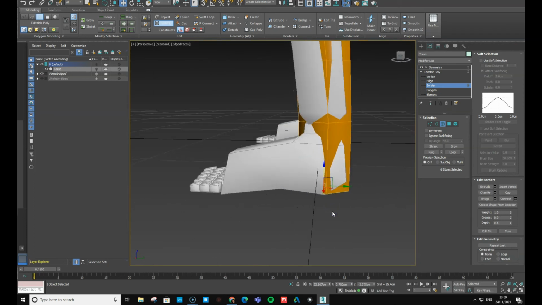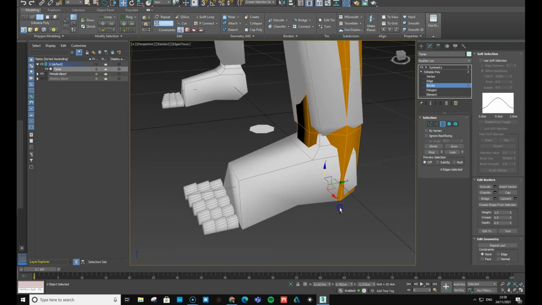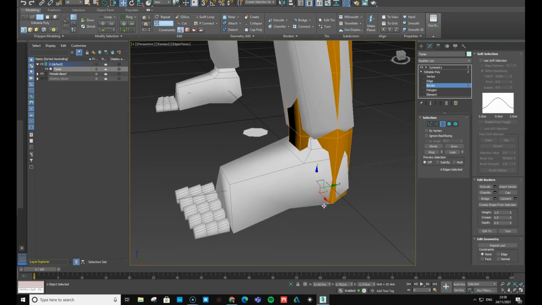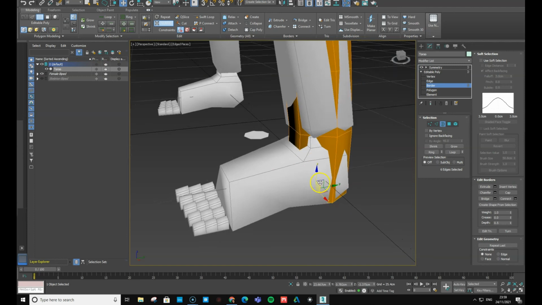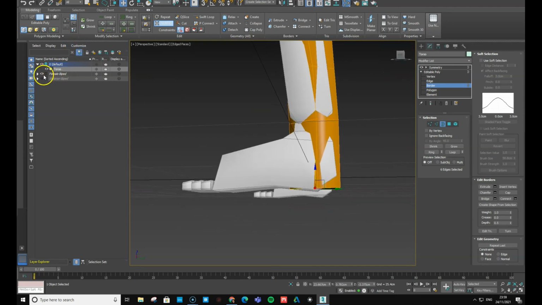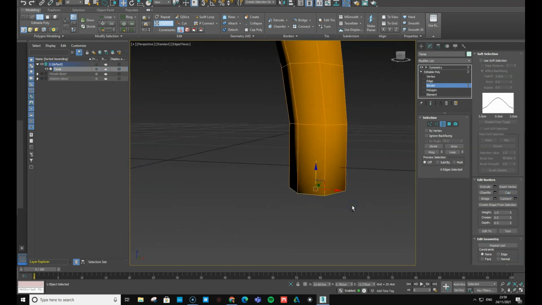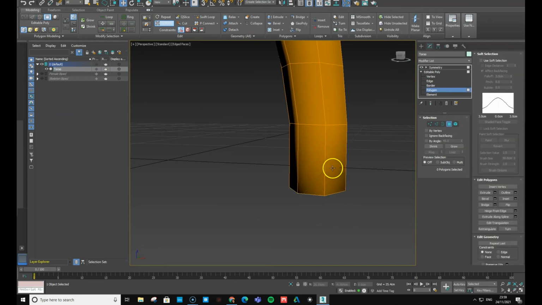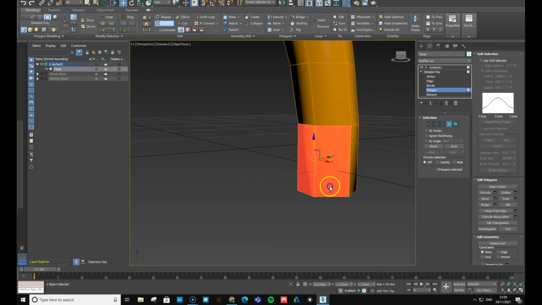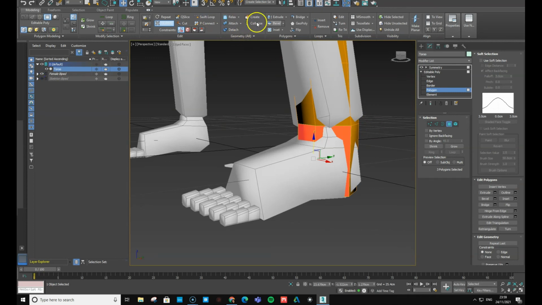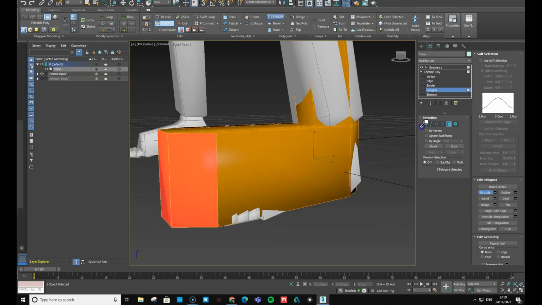Just because it's getting on a bit, and well, you can refine it if you really want to later. Anyway, here we go. That's pretty much the right height, so let's just turn the biped off for a second. Just going to cap that, and then I'm going to go to the sub-object polygon level, take 1, 2, 3 polys, and I'm going to extrude those, but again I'll put the biped on for this extrude moment, and I'll just extrude it out pretty much to the edge of the toes, like so,